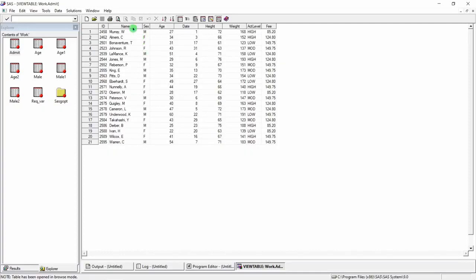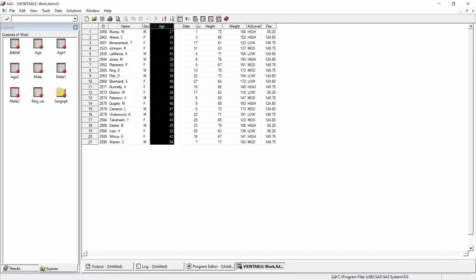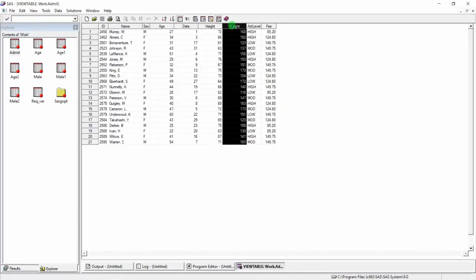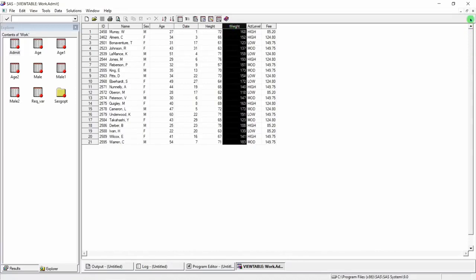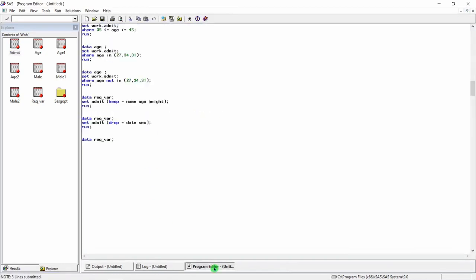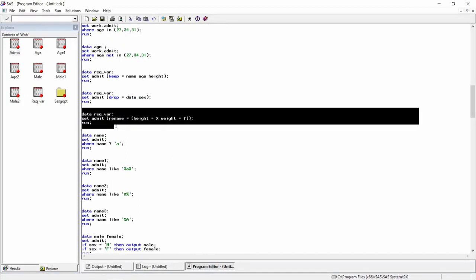For example, in this data, a lot of people might not feel comfortable sharing their age or height or weight. So we'll rename these variables. Let's rename the height and weight variables. I'll close this data. Let's see how we use a rename command here. This is the command for that. I'll read this. Data req_var; set admit (rename=(height=x weight=y)); run;